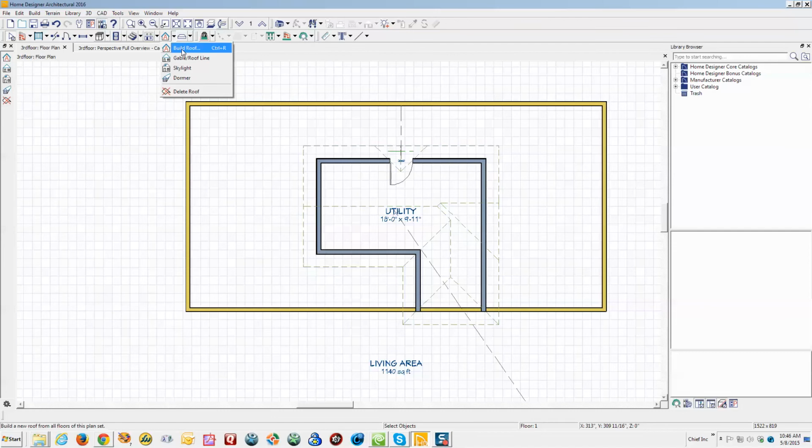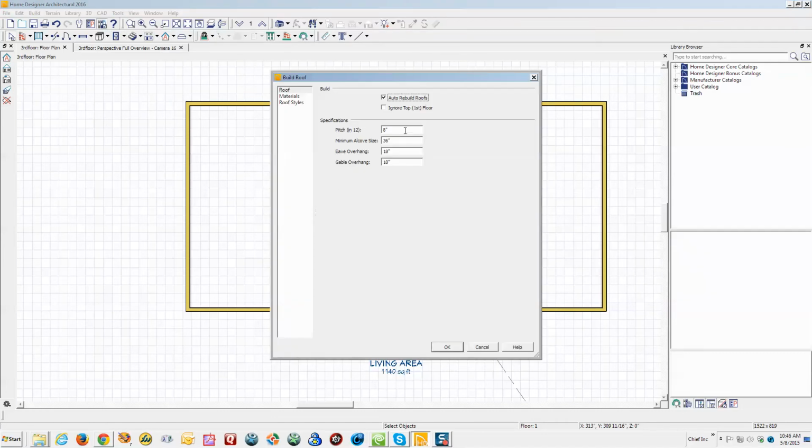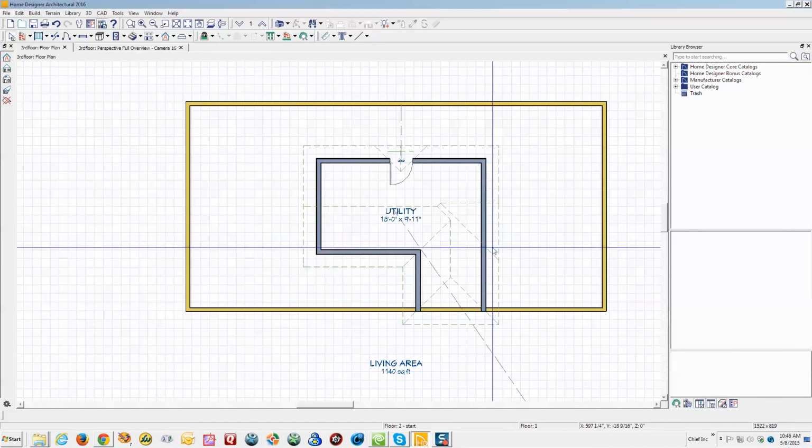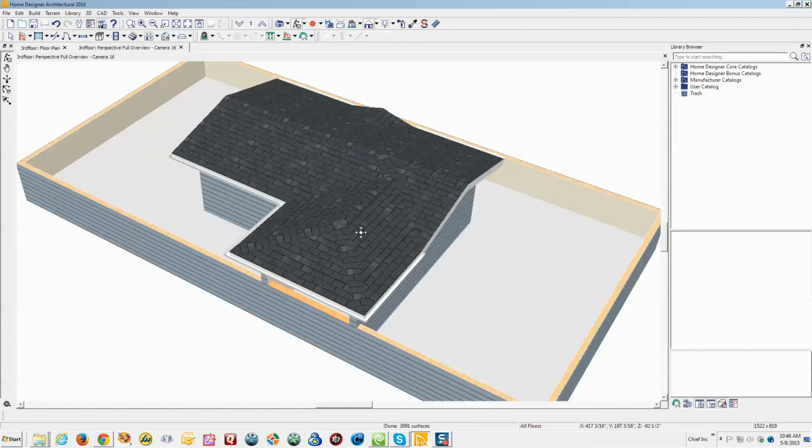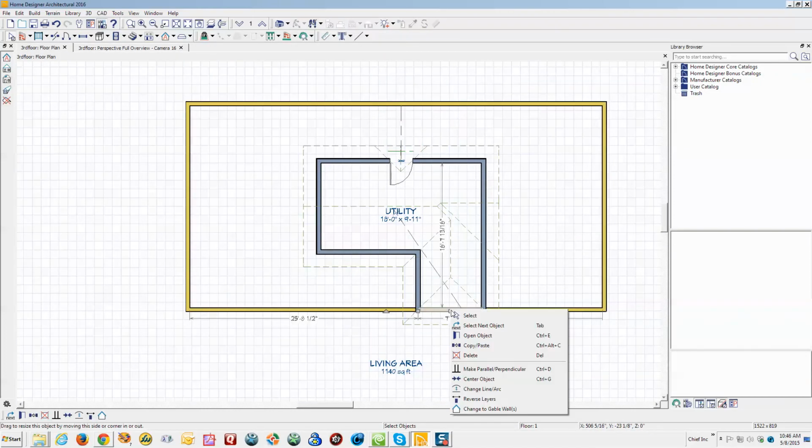I'm going to go to the Build Roof dialog and change the pitch. I think in your picture it looked to me like about 3 in 12. It's not 8 in 12, it was set at 8. Let's rebuild with 3 in 12. That just makes it a little flatter. What we're going to do over here